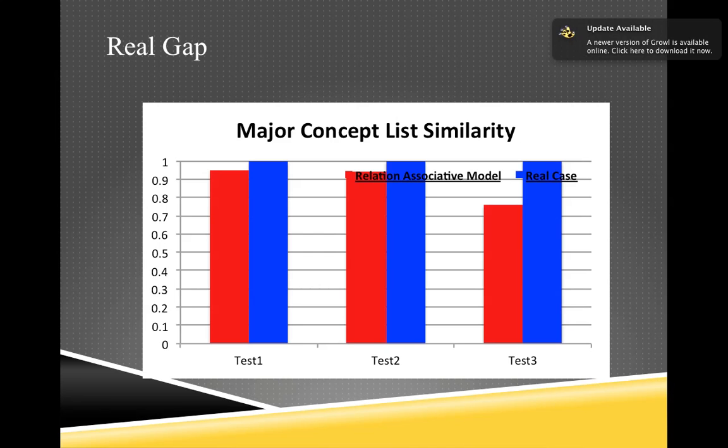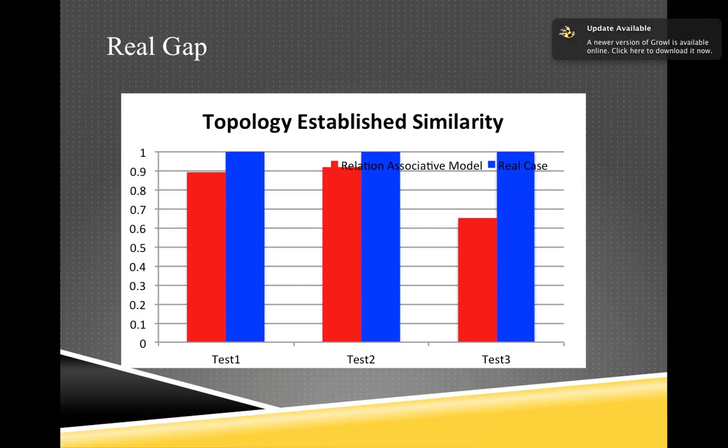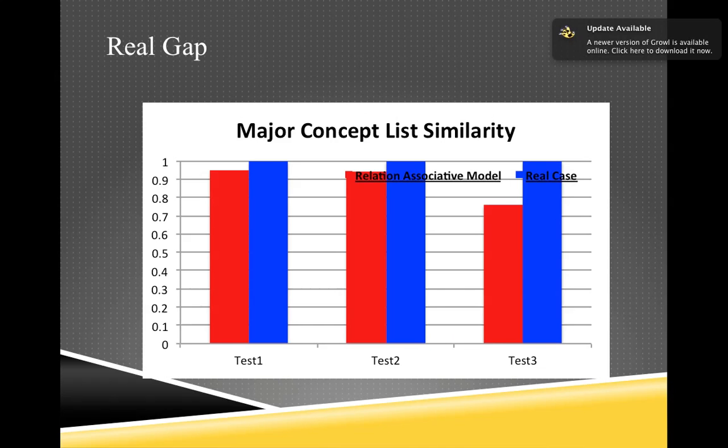From this text, you can see that the relation associative model has a high value, more than 0.9 for test 1 and test 2. For test 3, it has a low value. For the topology established similarity, you can see that for test 1 and test 2, it has a very high value, but for test 3, the value is still low. From these two figures, you can see that the relational associative model is almost